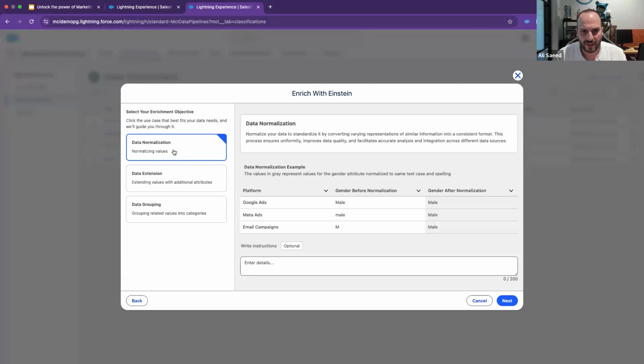So as I mentioned, we have normalization, and this gives you a brief preview of what it means. If you have data coming in from Google Ads, from Meta, and from your email campaigns with different values, so you have mail with a capital M, mail with a lowercase m, and then from email campaigns you just have a single value of M. With normalization, Einstein automatically detects the text and converts it to a unified value. So you have mail across all the different